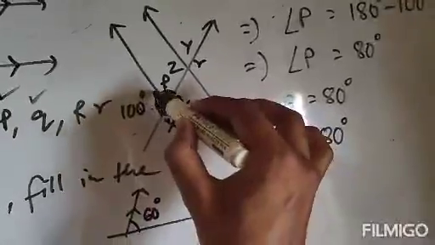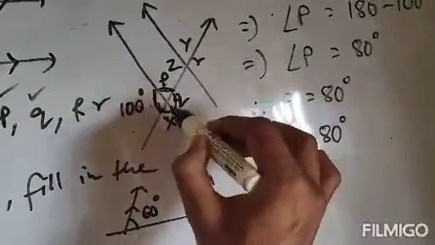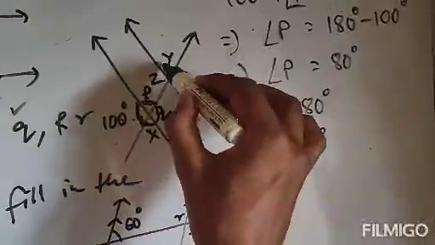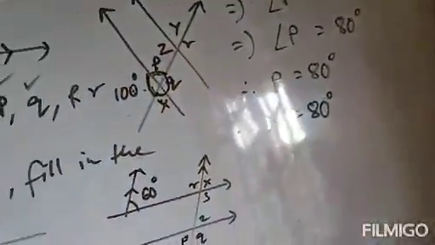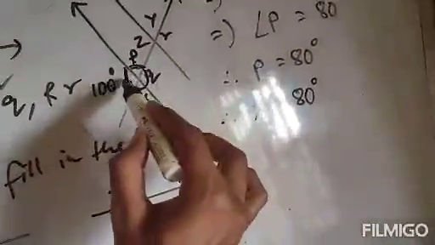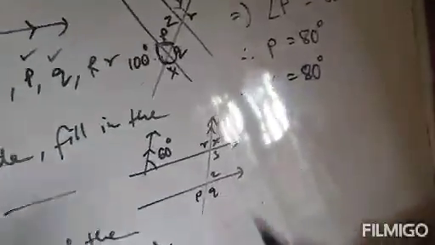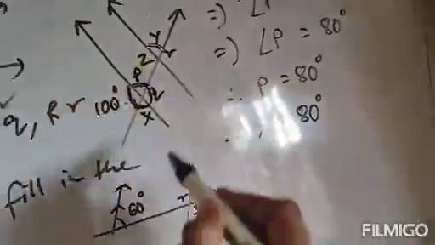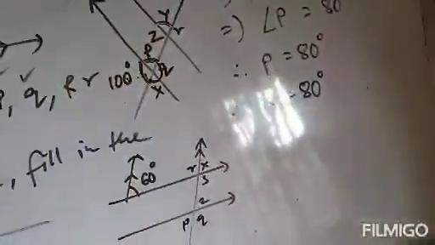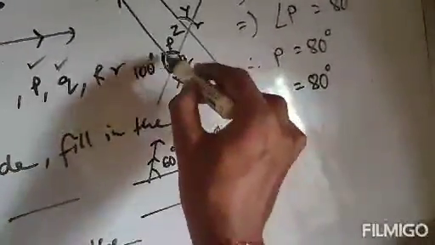Now see, this is the 100 degree value. We have got all these values. So this is the y, this is r, and this is z. See, this is 100 degree and this is y. Now see very carefully the angle y and angle 100 degree. This is the angle y, and this is the 100 degree.